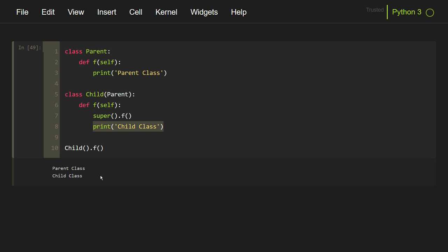This function also takes optional parameters type and object or type. The object or type determines the method resolution order to be searched. The search starts from the class right after the type. This use case is not used that much, so I'm not including them in this video, but you can read more about them in the documentation, which I have linked in the description. Super function is useful in some object-oriented applications where the functionalities are altered by making use of the original result and not completely rewriting the function again. So if you get such a similar use case, then you should remember that you can use super function.